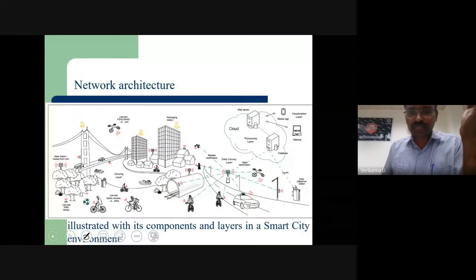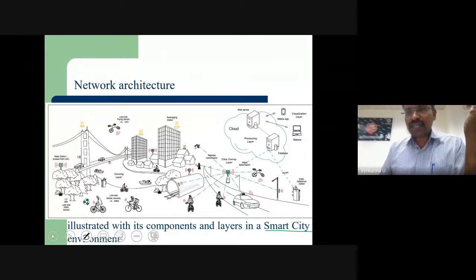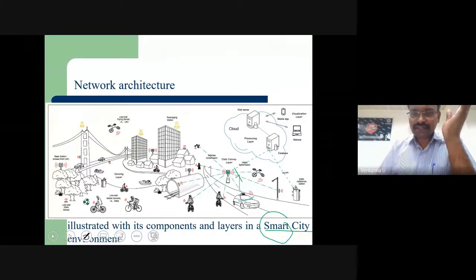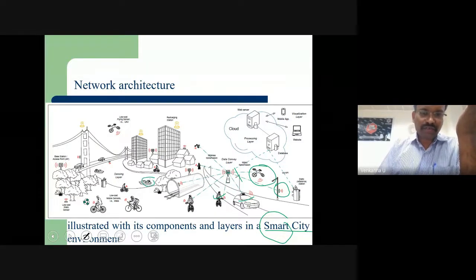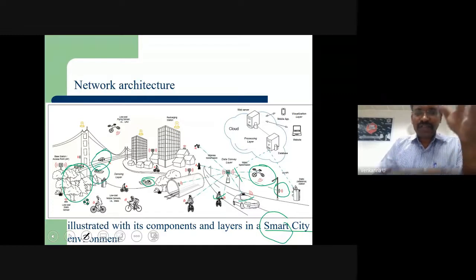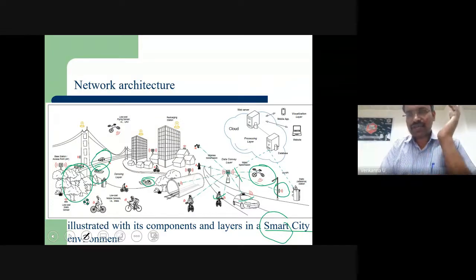Please look at this particular diagram. Somebody provided a vision diagram of what happens if the smart city becomes a reality. Why am I calling it a smart city? Everything is connected to the internet in the smart city: your car traveling, the person who is cycling, your street lights, your entire UAV monitoring, and so many people. Somebody asks what is the condition of your garden, what is the pollution level in the garden, how fast a particular vehicle is going. These are the visions of IoT to fulfill smart city applications.